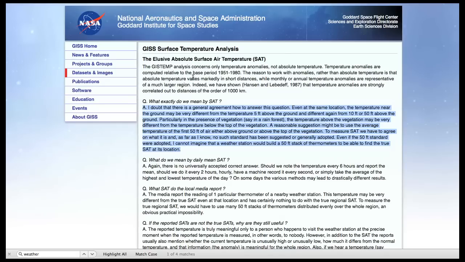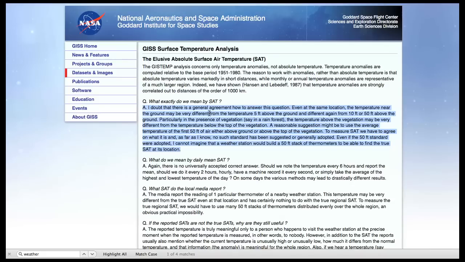One of the keepers of one of the standard temperature records for surface air temperature, the Goddard Institute for Space Studies, has this handy fact where they talk about the elusive absolute surface air temperature. What exactly do we mean by surface air temperature? They themselves say, I doubt that there is a general agreement about how to answer this question. Even at the same location, the temperature near the ground may be very different from the temperature 5 feet above the ground, and different again from 10 feet or 50 feet above the ground,